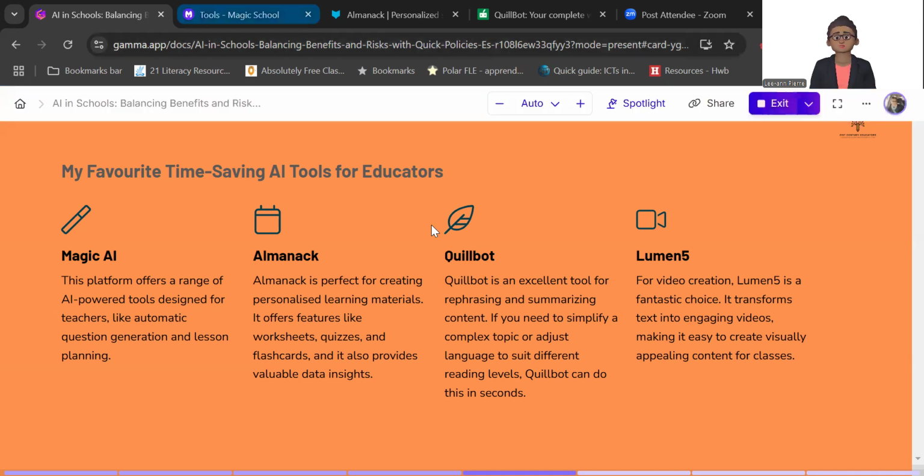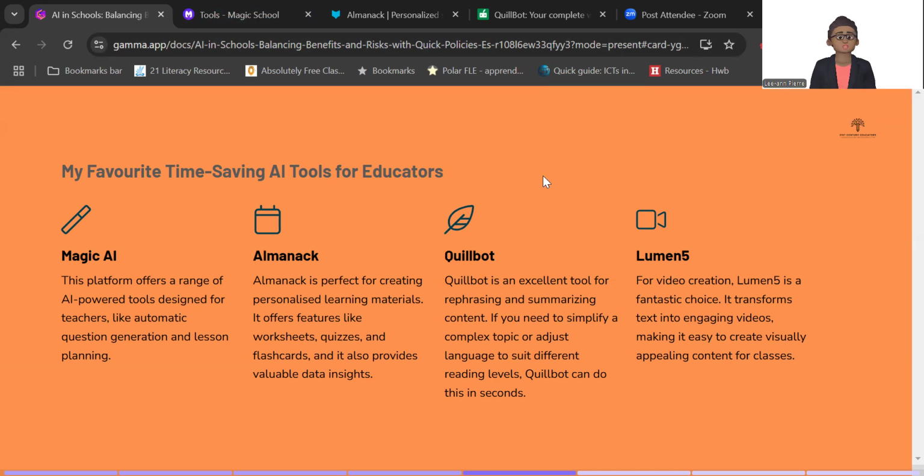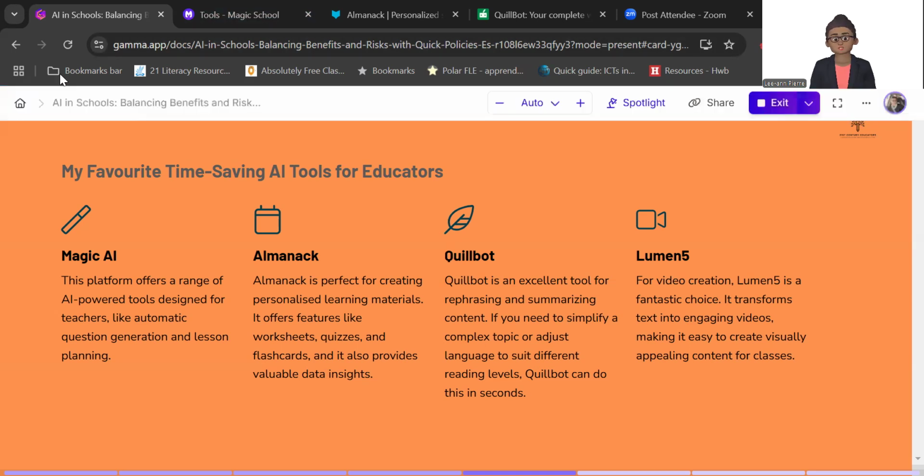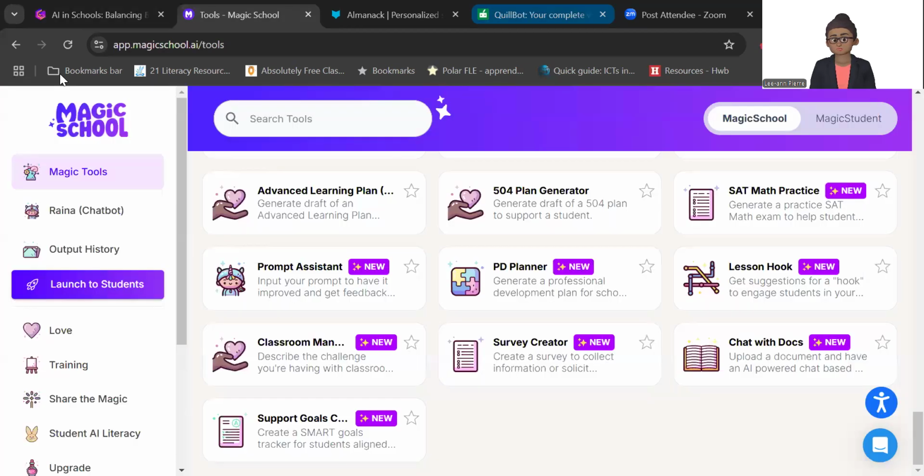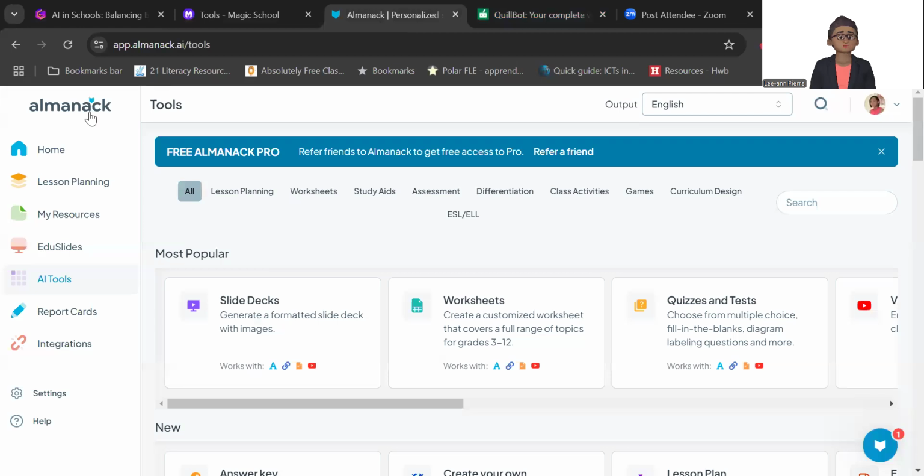And so we're going to switch now, just for me to give you a quick overview of Almanac. So Almanac, similar to Magic AI, has a range of AI tools: lesson planning, worksheets, study aids, assessments, differentiation, class activities, games, curriculum design.